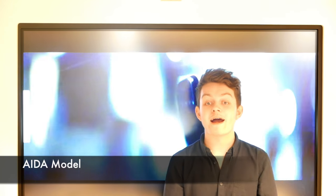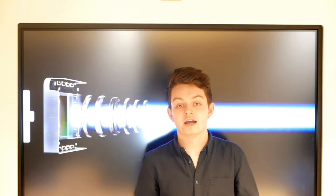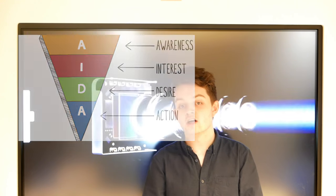ADA. When thinking about Apple's customers and Apple's strategy, the ADA model can be a beneficial tool. ADA is an acronym which stands for awareness, interest, desire and action. The model is used to identify cognitive stages of an individual's behaviour during the buying process. Considering the ADA model, while managing to show progression and changing consumer behaviour dynamics, experiences and memories, it is clear